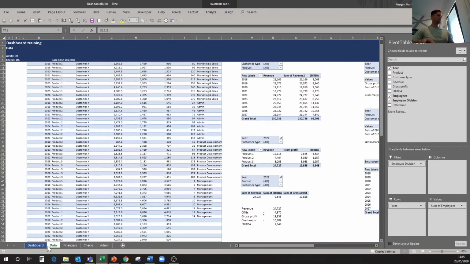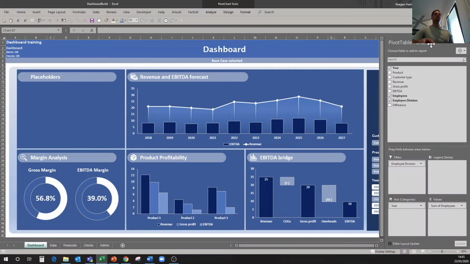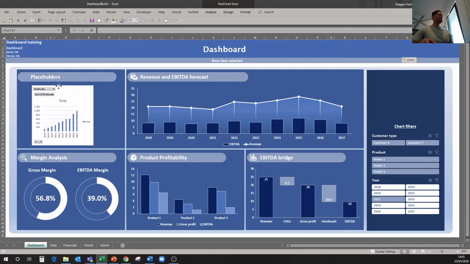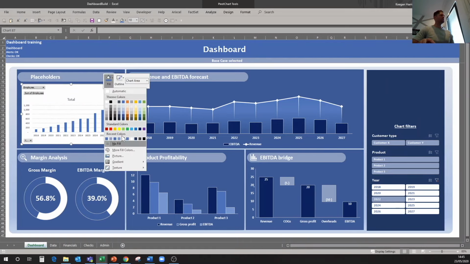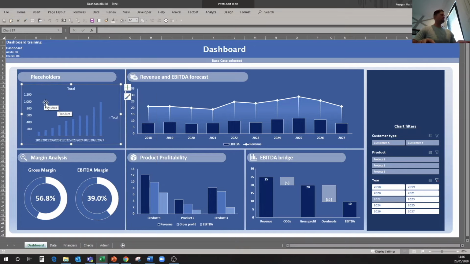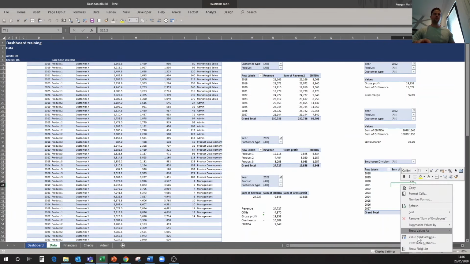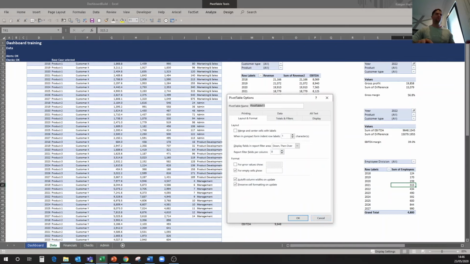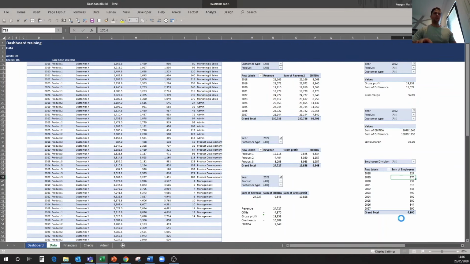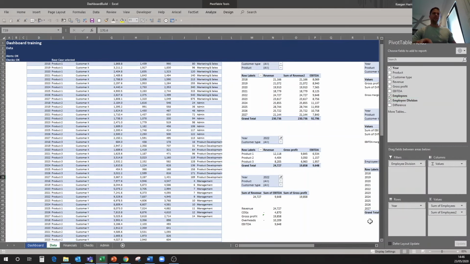And we've got our graph here. So I'll bring it onto the dashboard, wherever it went. Over here. And I'll speed up the formatting for you. And I might change it to a line chart. So to get this area similar to what we were using before, what I'll do is we will add in employees again in our pivot table. So pivot table options, sorry. Oh, but I can name this at the same time. So employee table. And if we go show field list, and if we put employees in again,